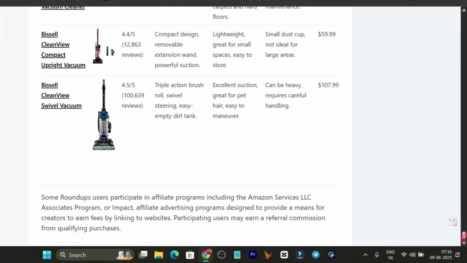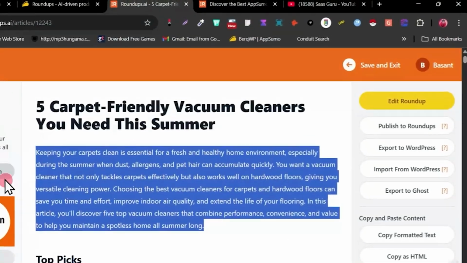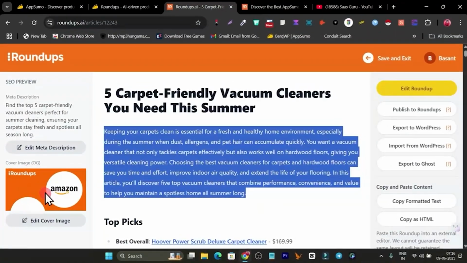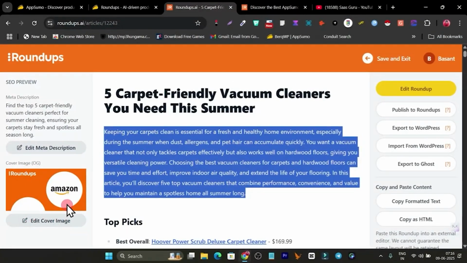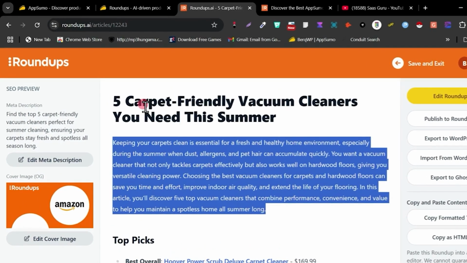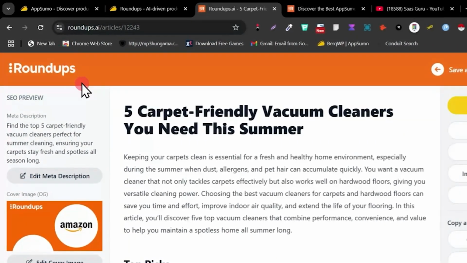So what I can do is simply publish it with a single click here, and I also got this cover here, so I can edit it here. You can see publish on the Roundups, export to WordPress, or export to the host platform. Okay, so with a single click I can also publish it with the ready-to-publish article, cover, and the images and the links, everything here. Okay, so this is the power of this